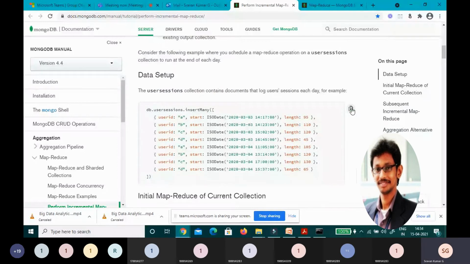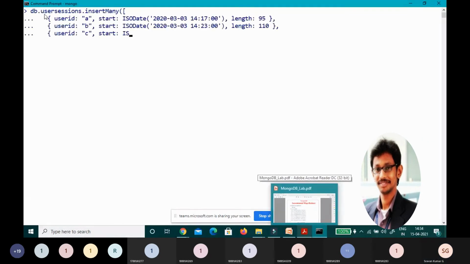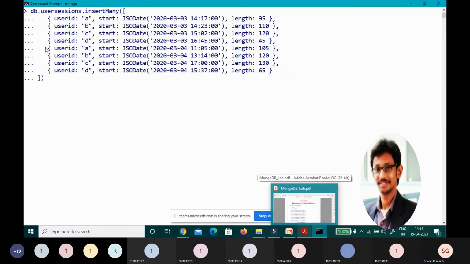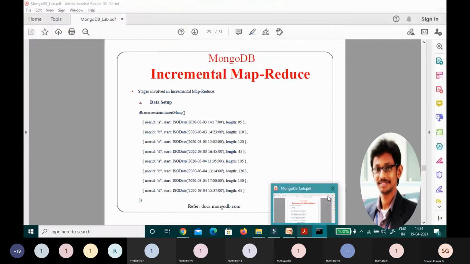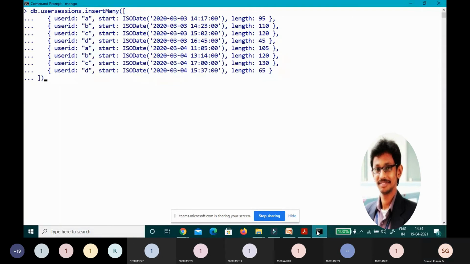This is the user sessions collection name, and I'm just inserting. I just copied it. Now I'll paste it over here. Now you are able to see that. When I press enter, what happens? The user sessions collection will be created.